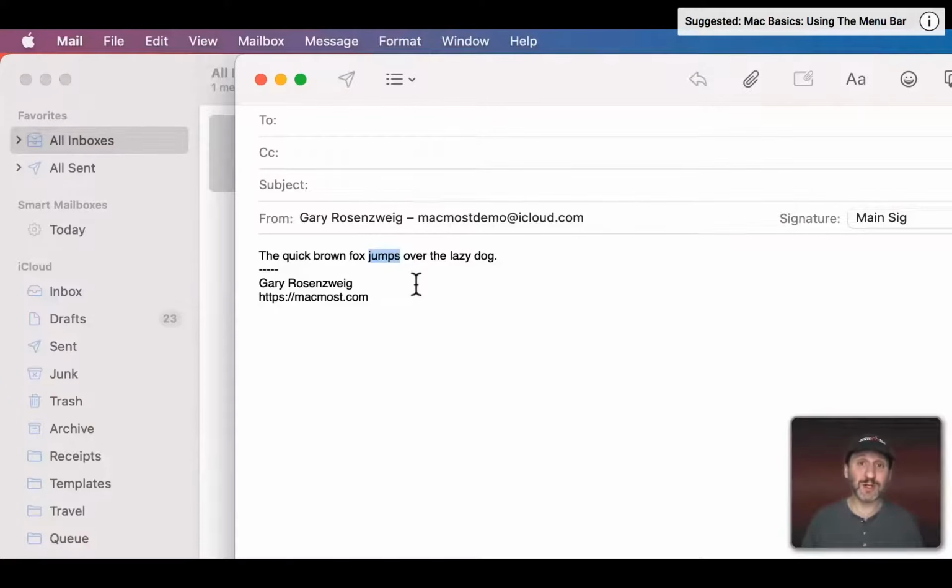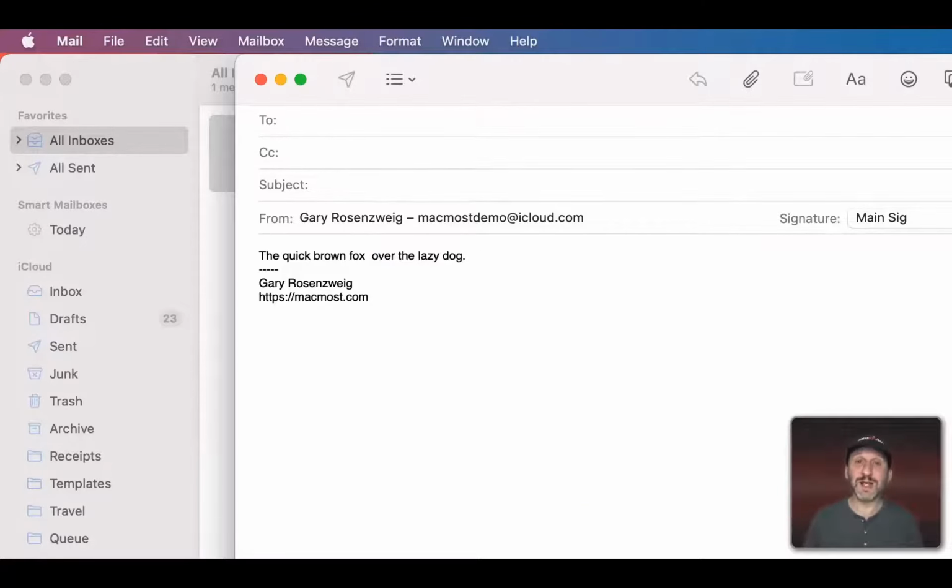And there is no text cursor. But if I were to type, it would simply replace the text that's highlighted. Or if I hit the delete key, it deletes that text. And you can see as soon as I do that, since nothing is selected, I get the blinking text cursor